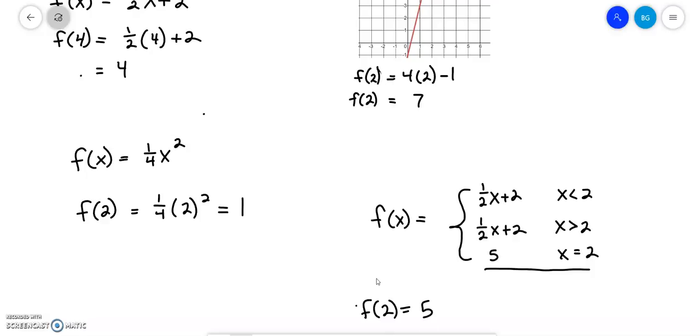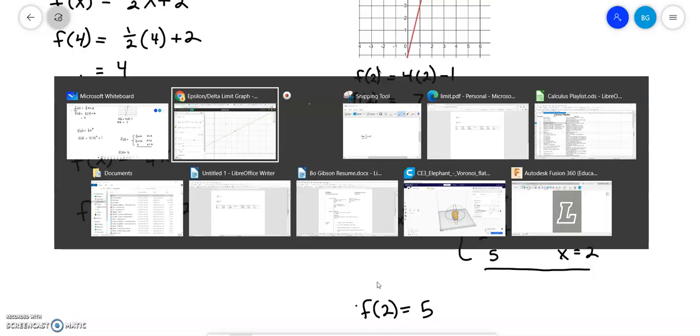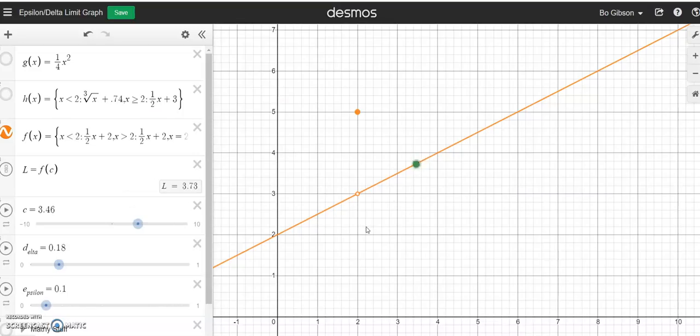And so 5 is my function value, but is it my limit? Let's go back and evaluate this limit at 2. Well, if I approach from the right side, it looks like I'm going towards 3. And if I approach from the left side, it again looks like I'm going towards 3. Remember, limits really don't care about the actual function value, and limits don't even really care if the function is defined at that point. All we care about is the trend as we get closer and closer to our limiting value. So we're trying to find the limit as x goes to 2, and we're going to say that limit is 3,